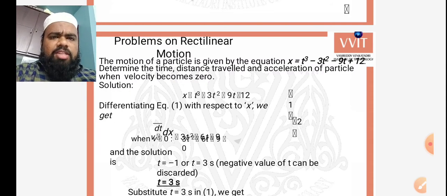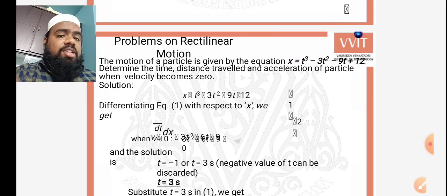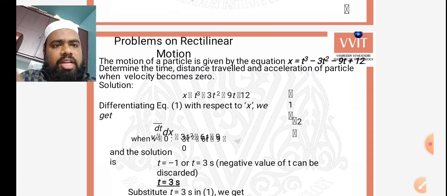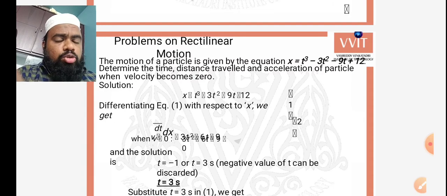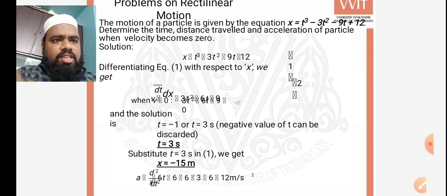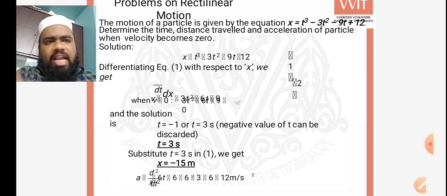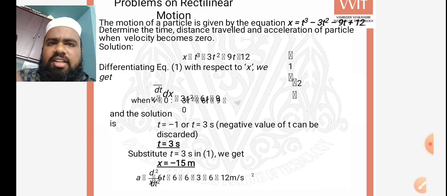Everybody is very much familiar with mathematics, integration and differentiation techniques, and I have given a brief introduction for this topic. Sorry, in the PPT the terms are somewhat disturbed, so don't go through that slide. I will tell you the technique. The displacement is given as x is equal to something. Now we have to differentiate the equation, then you will get velocity. Then differentiate that velocity, then you get acceleration. Now substitute the given conditions, then you will get the answers.